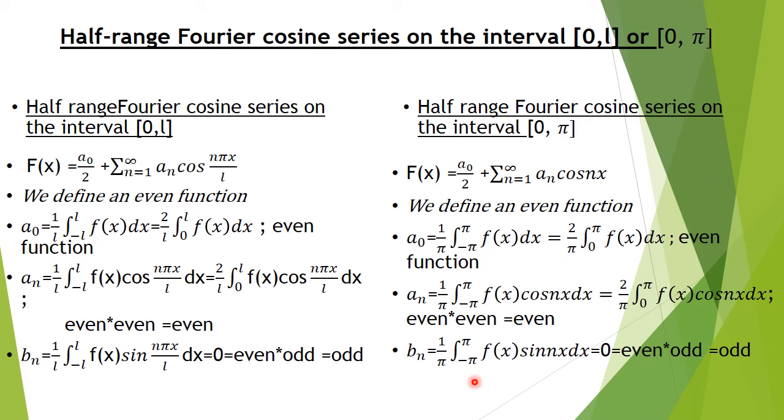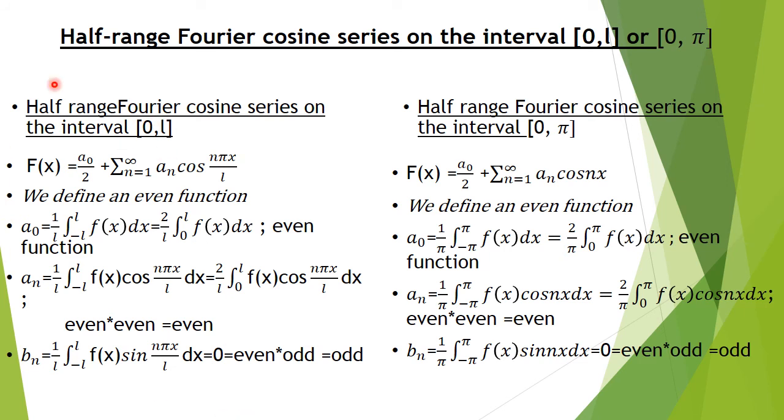Alright. So this is about half range Fourier cosine series and half range Fourier sine series. Remember always, when we take L, we have to be very careful when calculating half range. Given the problem interval, you have to compare with 0, L for half range. If it is a complete Fourier series, you compare with 0, 2L. If it is half range Fourier cosine series or half range Fourier sine series, you will compare with only 0, L.